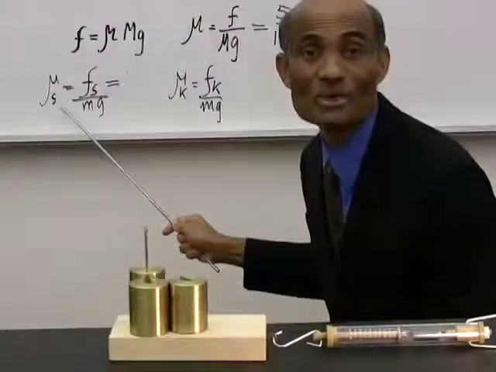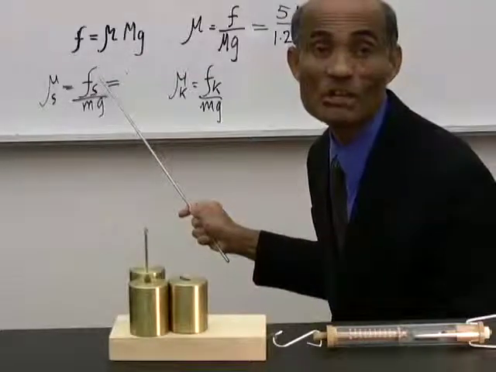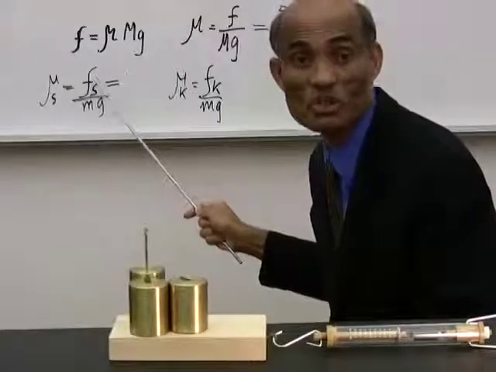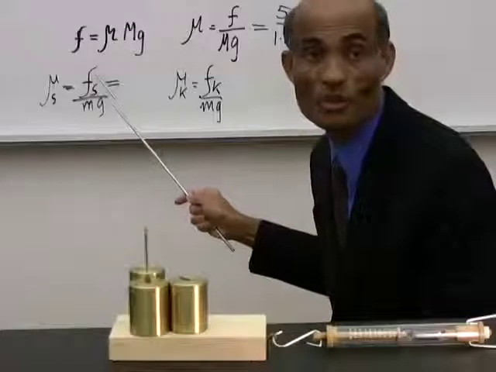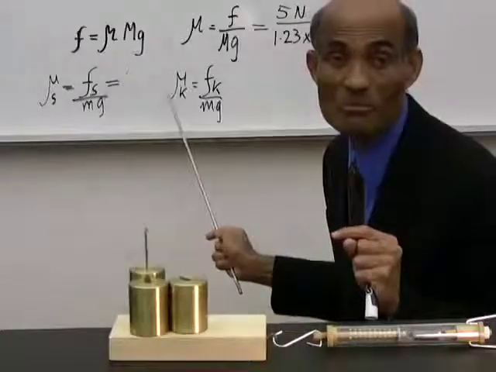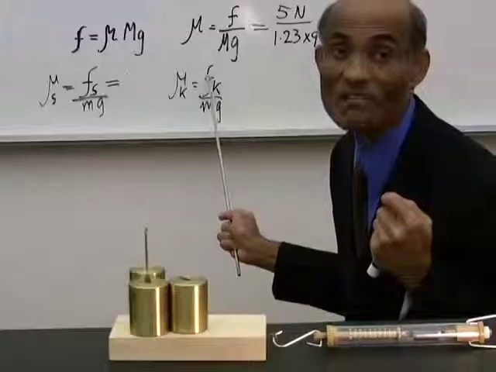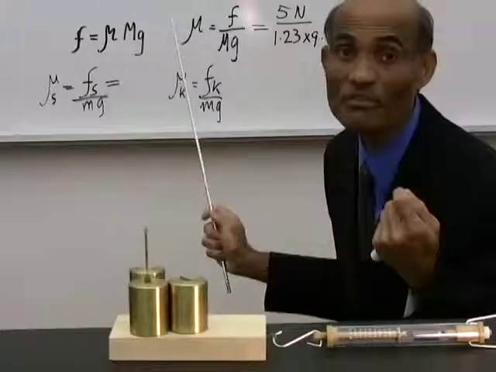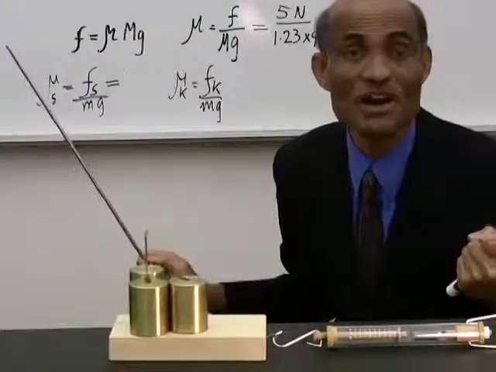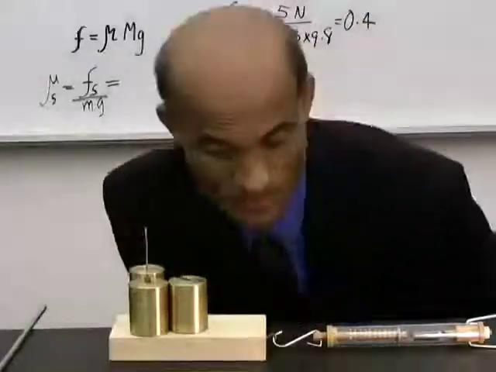Mu s represents the coefficient of static friction, and that will be the force of limiting friction when it is static. The force of static limiting friction divided by mg, and mu k is the coefficient of kinetic friction, that is Fk over mg, where Fk is the force of limiting friction when the two surfaces are in relative motion. Well, now tell me,